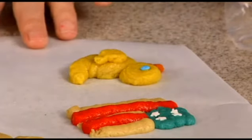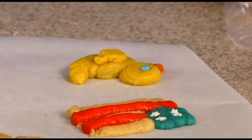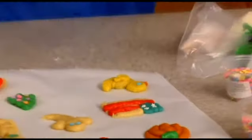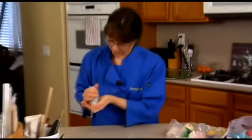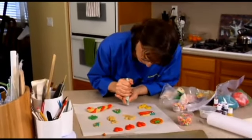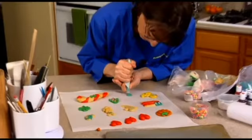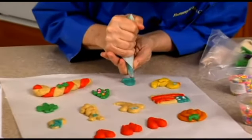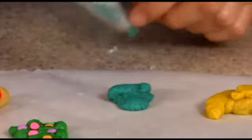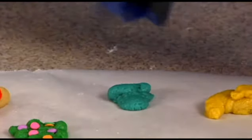You can do turkeys. Let's see, what else? We can do a bell. Let me change my color to blue. My blue, I can do a bell. Oops. So we'll change to a number 12 tip. Get rid of the excess. There we go. A bell is just light pressure on the top with the number 12. Come down and then kind of go around like so. And then you can add a clacker, or in our case, we're just going to add a little